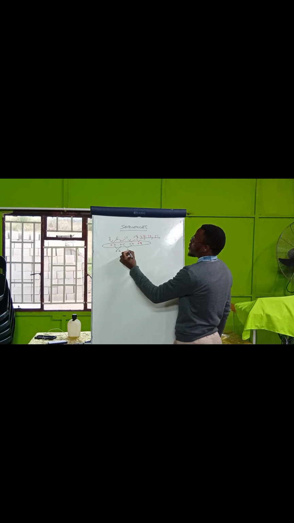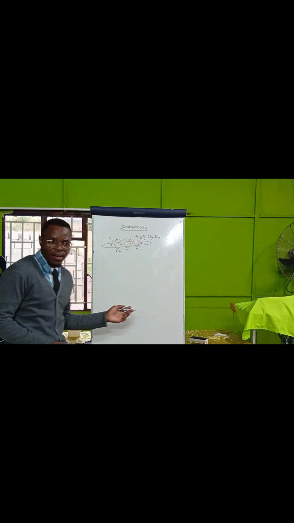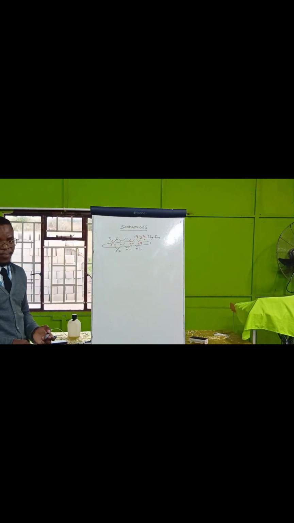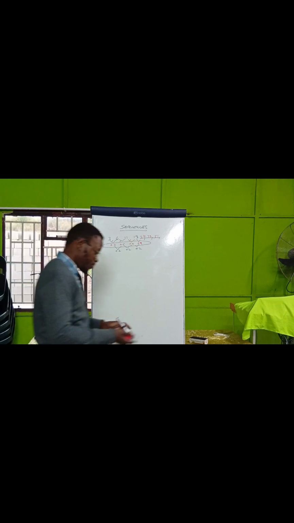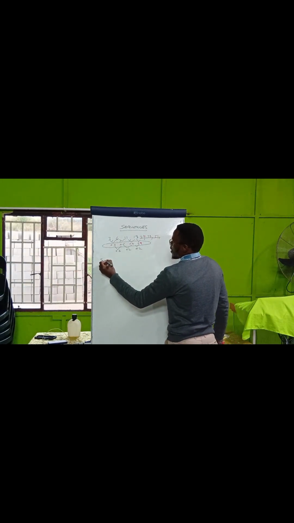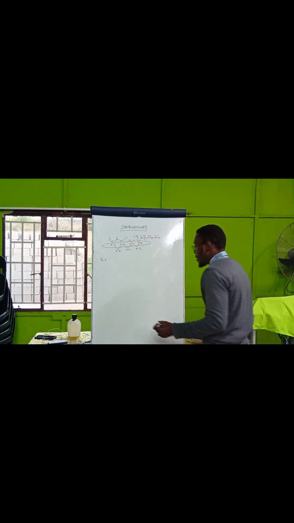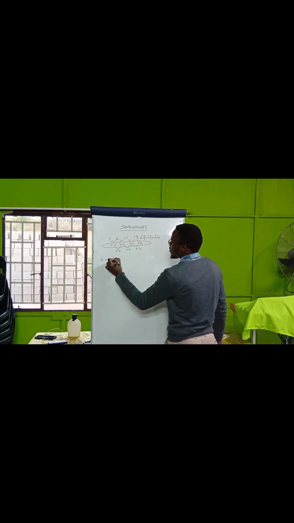Add 2, add 2. Because the second difference is the one that is common, it tells us it's a quadratic sequence. Remember the general n-term formula for a quadratic sequence is Tn equals an squared plus bn plus